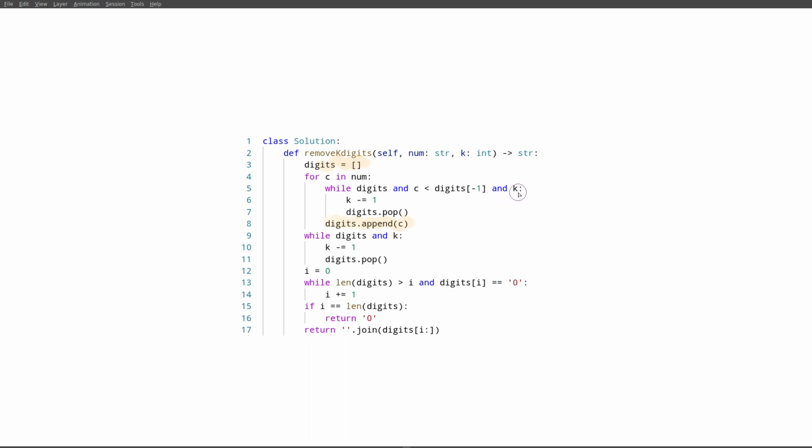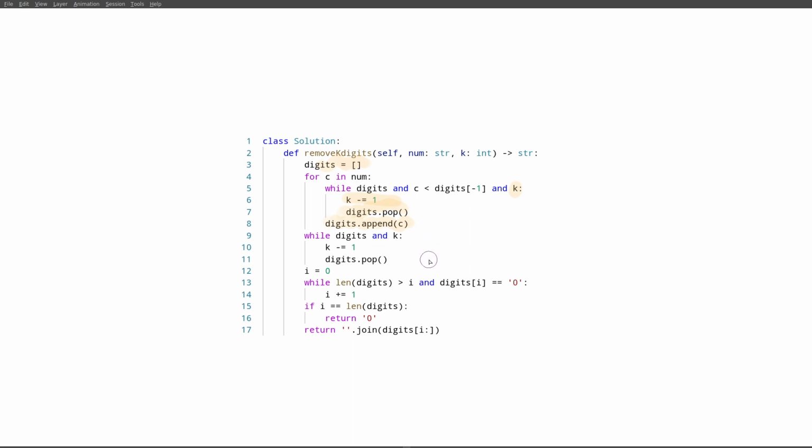However, as long as we have some moves remaining and the last number in our result being constructed, last digit, is greater than our current digit, then it's always good to remove that digit. And of course we use up a single move by doing that. And then if we implement it like that, we also have to make sure that if we go to the end of the string,